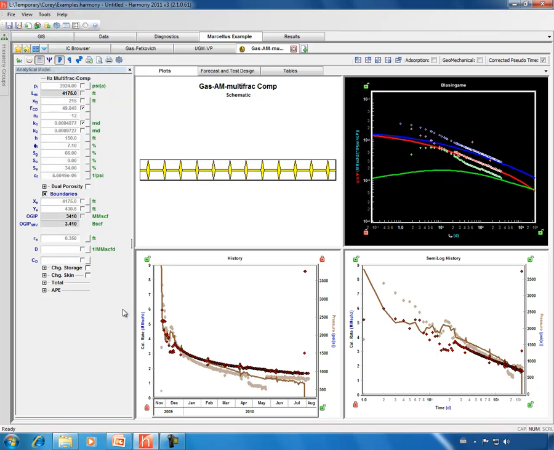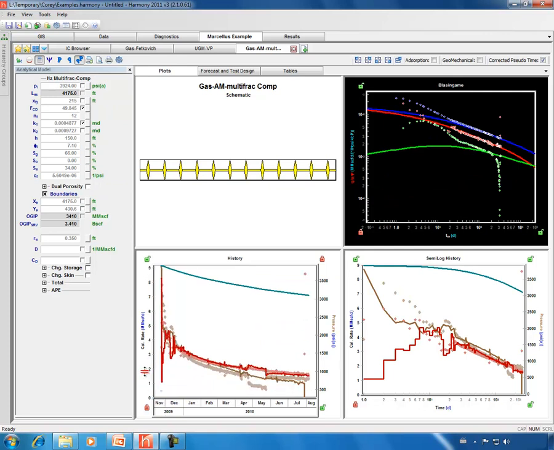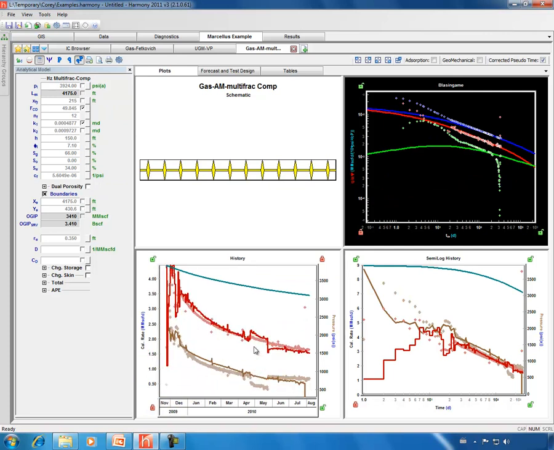I'm going to go ahead and stop the auto match procedure from going. There's our pressure history match. We can also show what this looks like as a rate history match by running it as a rate matching model as well. And it's as simple as that. We've now validated our interpretation